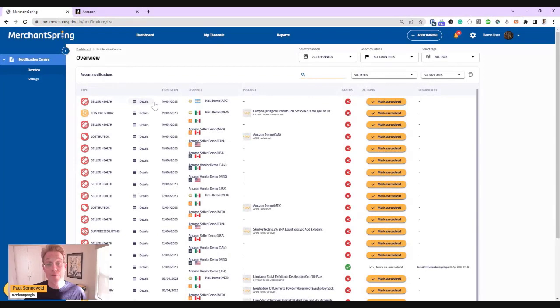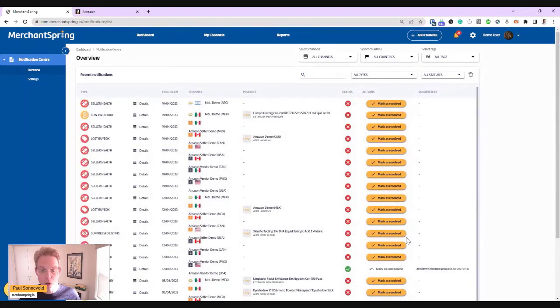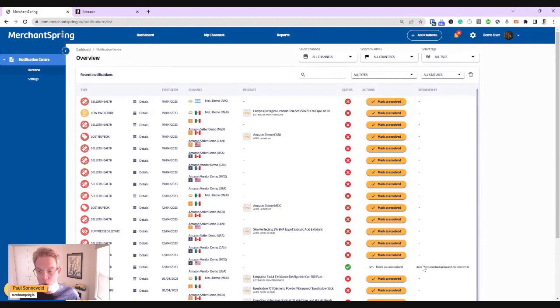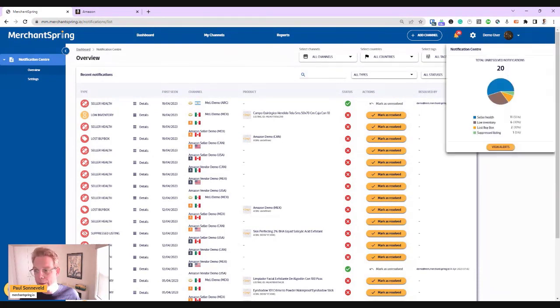Now, keep in mind, some of the alerts may have occurred a while ago, but because they have not been marked as resolved, they still show up. So we don't hide alerts automatically until you click this button here where you mark a specific alert as resolved. As you can see, it's now resolved. There you go. And this will slowly decrement this alert counter here as well. As you can see, we're now back to 20, etc. And of course, the idea here is to get this down to 0.